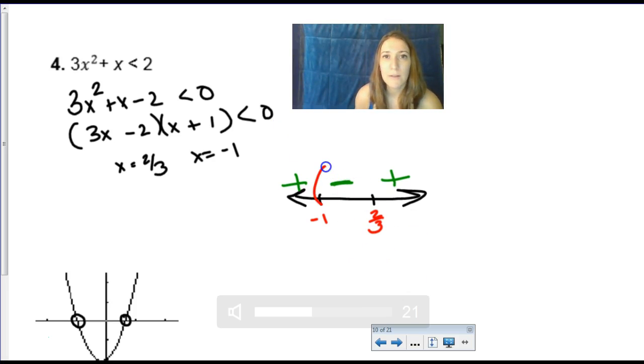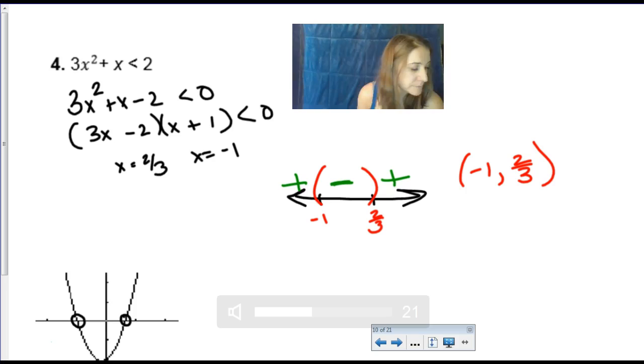When is it less than 0? Well, that was between here and here. Not equal to 0, though, so your interval is -1 to 2/3. Lovely. All right, so then on the back of your notes,